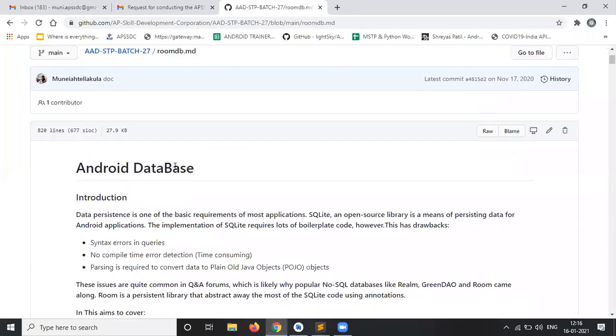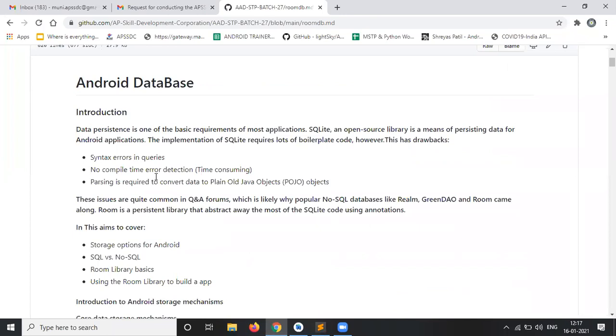Just open this and I will explain here. Did you open this document? Just give me the confirmation. Have you accessed this document? Good, right.